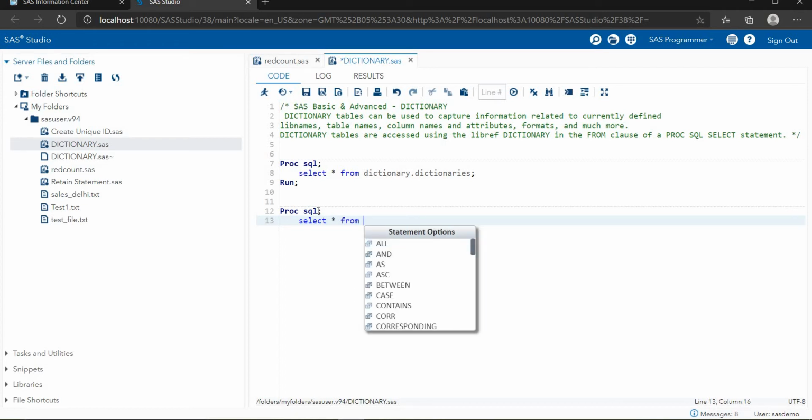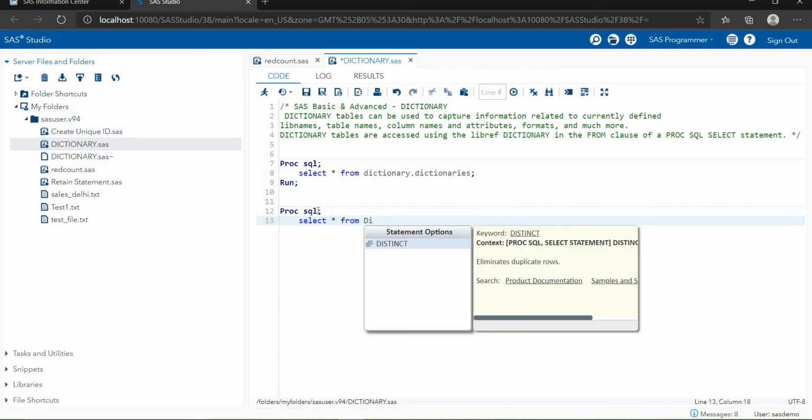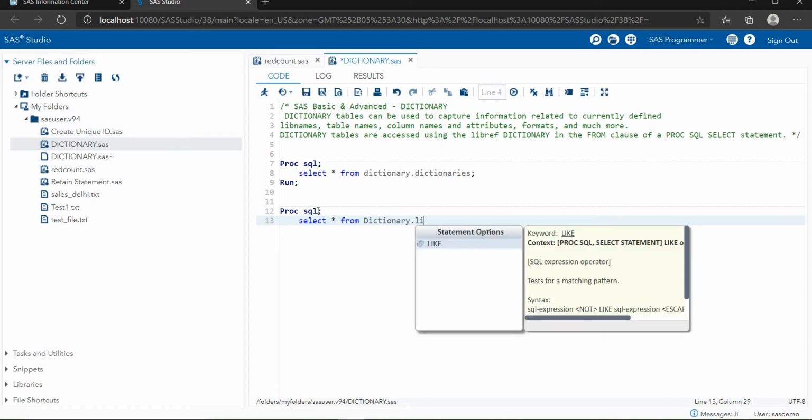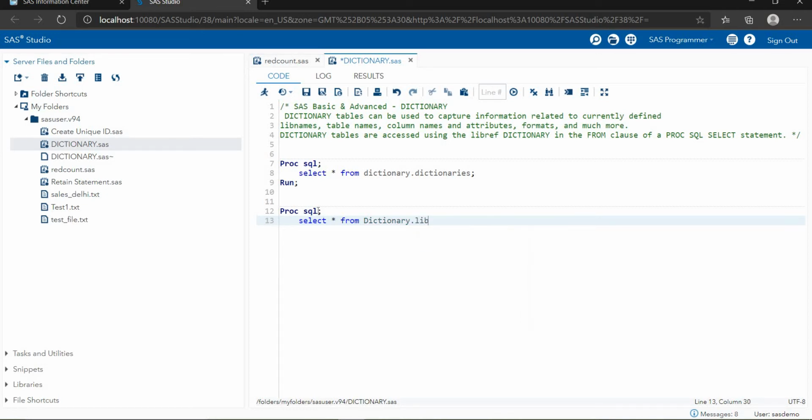Now we are looking for the particular dictionary in library information. So I'm putting dictionary dot libnames. Then quit statement.